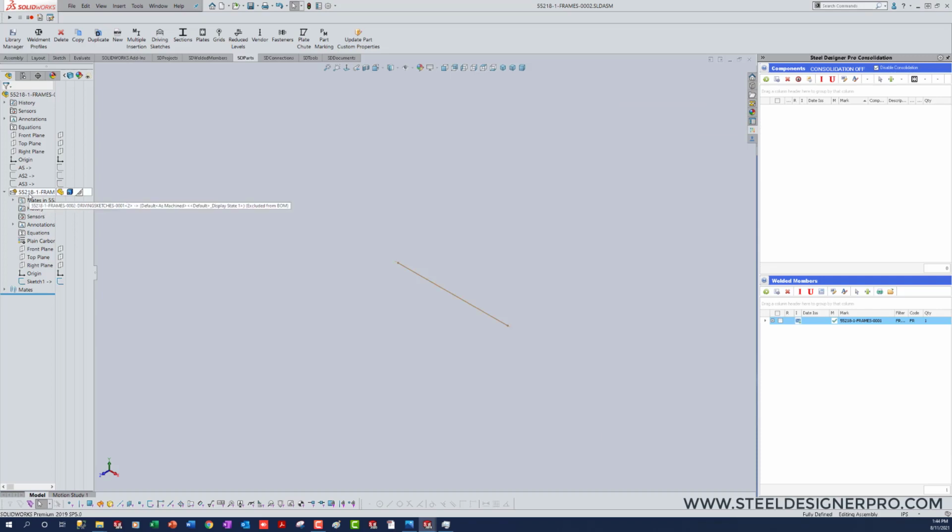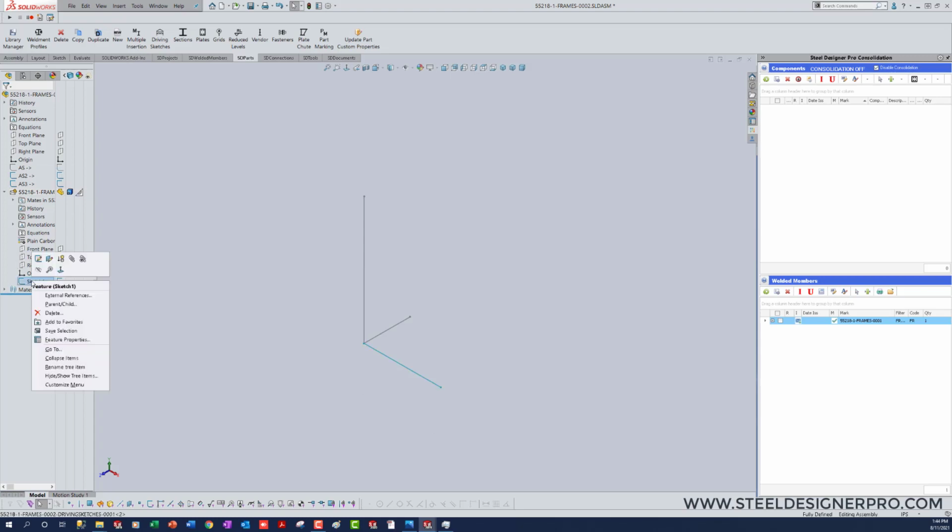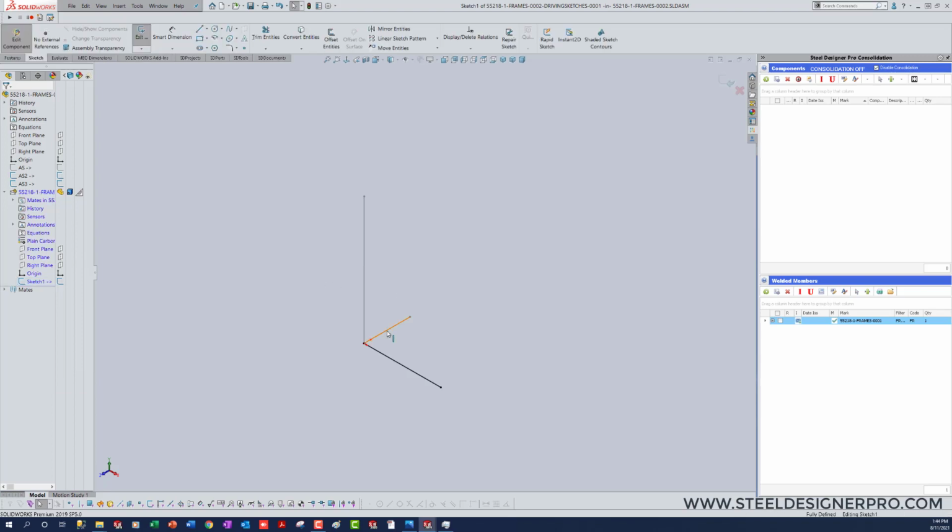So now, our driving sketch is attached to the first attachment sketch. And let's see, that is on the top plane. So we can edit this sketch and convert that entity. And now on the front plane, we'll do another sketch and convert that. So that now we have